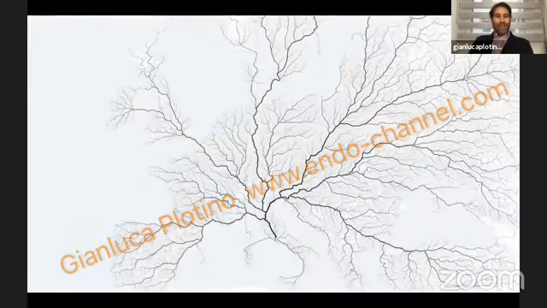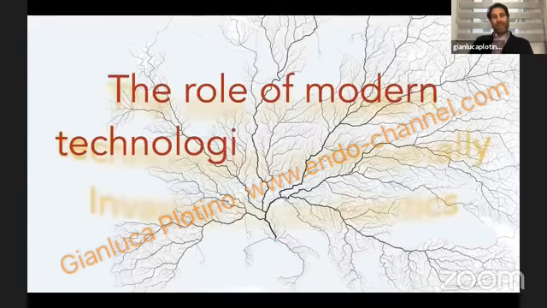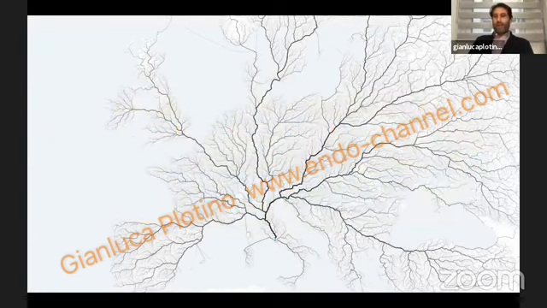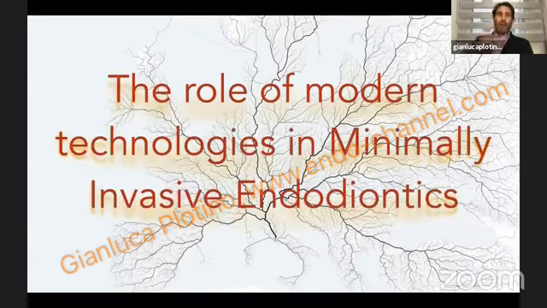And just a short mention of where I come from, that is Rome. This is a painting that indicates that all roads lead to Rome. So I hope that you will follow this road to come to Rome and follow my concept of modern technology in minimally invasive endodontics.